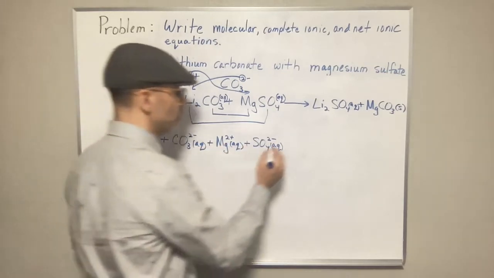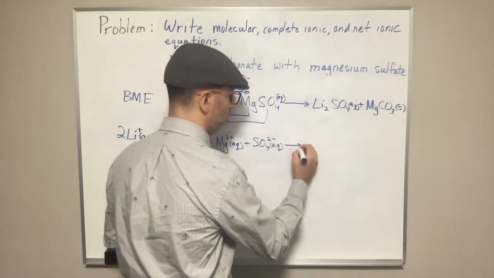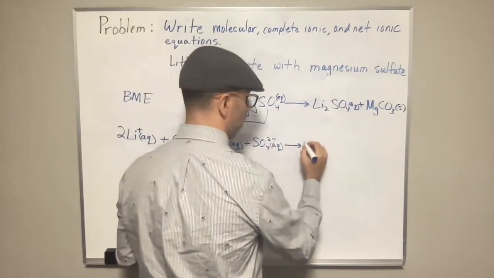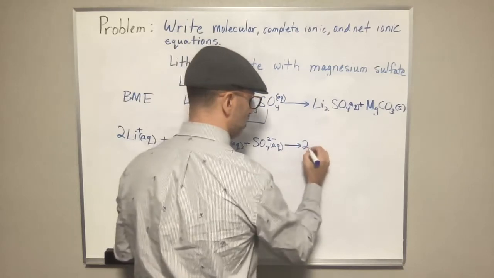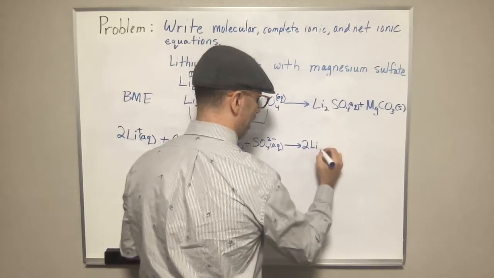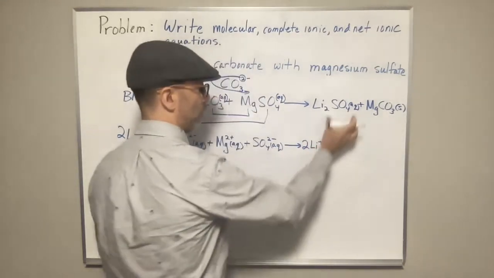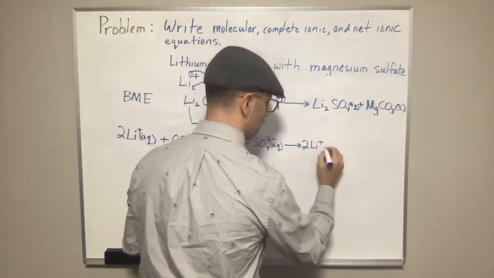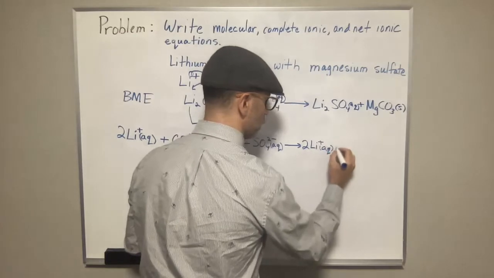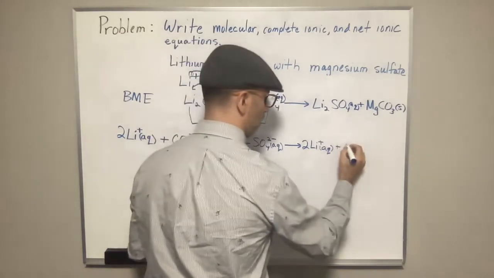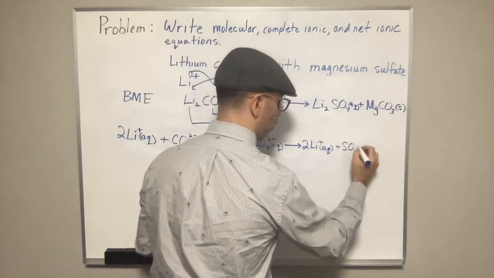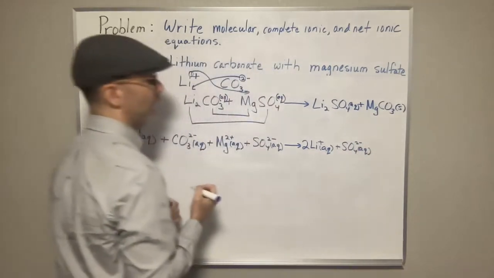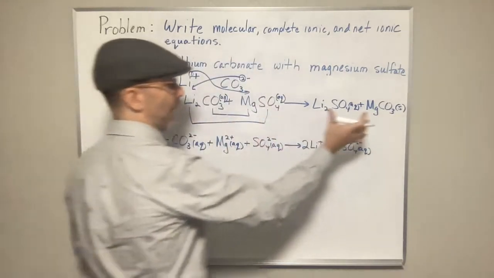So now we're going to do the same thing for the products. Lithium sulfate is aqueous. So we have 2 lithium again, so that's going to be 2 Li+. And we have 1 sulfate. Oh, I forgot the aqueous. Don't forget your states, aq for aqueous. Plus your sulfate. We have 1 sulfate, SO4 2- aqueous. And finally, we have our